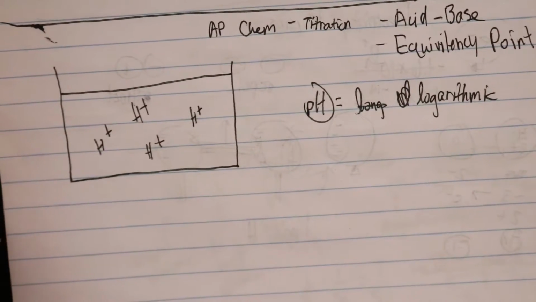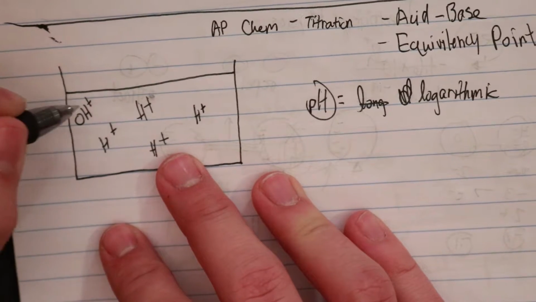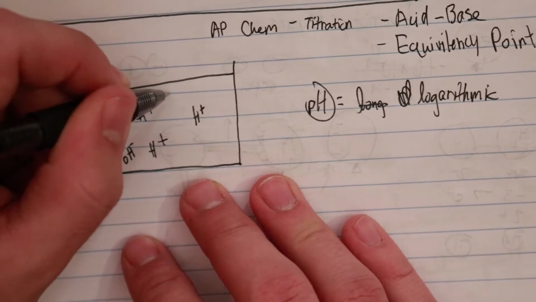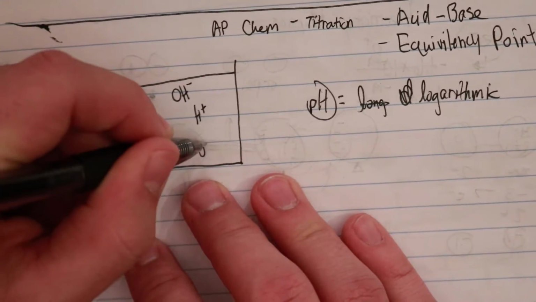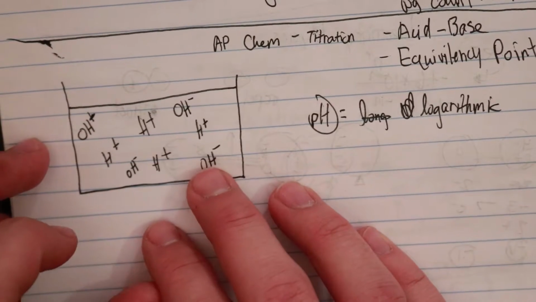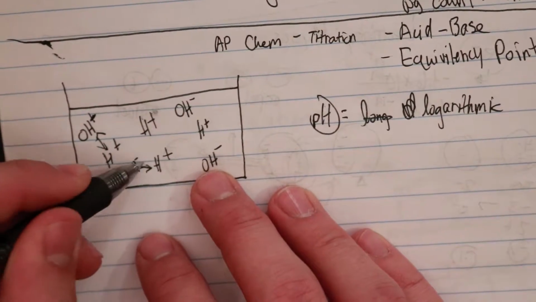So what could we do to make it basic? We could add hydroxide ions. So if something is very basic, there are a lot of hydroxide ions. OH minus, OH minus, OH minus. So this would be actually a pH of 7, which is neutral, because each of these OHs is going to bind with a hydrogen,